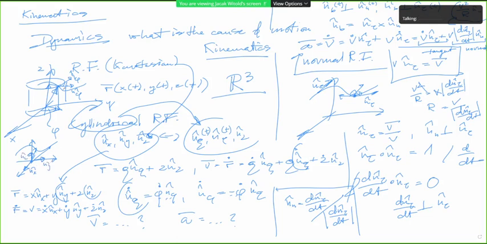Whereas in, for example, the cylindrical reference frame, you can see that they will be moving, changing direction, because if the point travels, for example, here, then this versor n rho, this is n rho, this is n phi, this is n z. And the versor n rho would point in the opposite direction, right? It's always on the prolongation of the radius of the cylinder, while the point is always trapped on the verge of the upper wall of the cylinder. So here the situation is, as you can see, that the versors spanning the reference frame change in time,